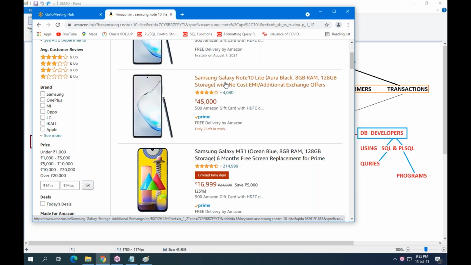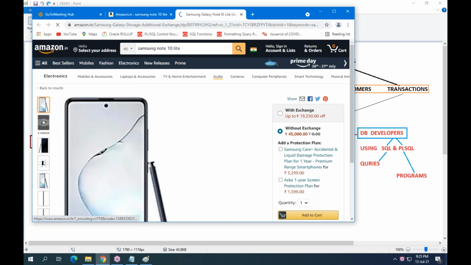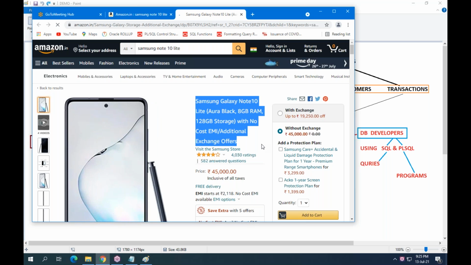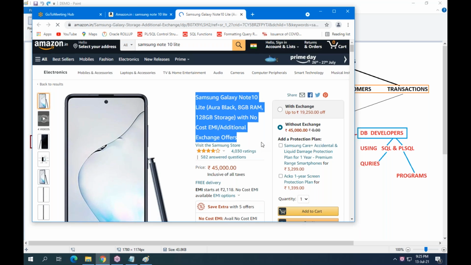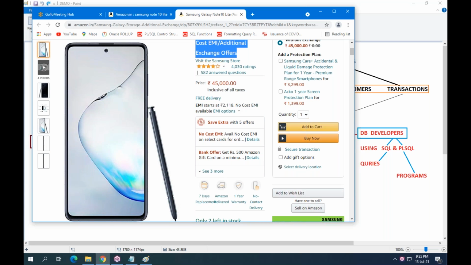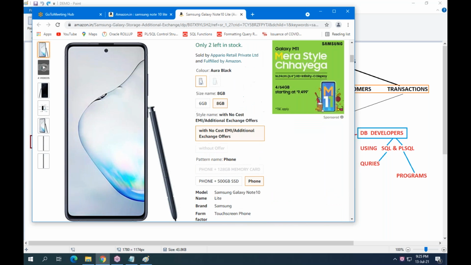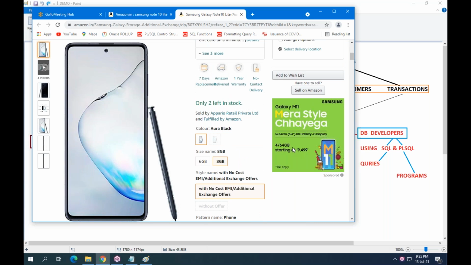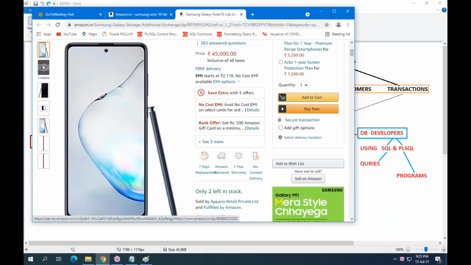Right? If I click on one mobile, I get information related to that mobile. My first question: from where am I getting this information? From the backend database server. I got mobile details, technical details, seller details, specifications, banking offers, EMI options.